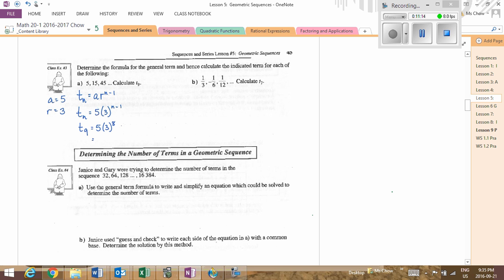So if you're entering into your calculator, you can enter it in exactly as is, remembering that you're using the hat symbol, so it looks something like 5. You could use the brackets if you want, or you can use the times symbol, 3 hat 8, and that should give you your answer of